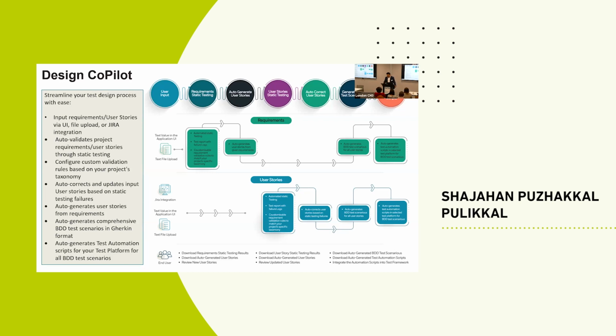On the other side, if instead of requirements we get user stories that are created in Jira or Azure, whichever tools are being used, the BAs have created the user stories. We also need to check whether the user stories are created correctly, or whether there are any defects, in the sense of static testing defects, in the user story. That can be tested with these kinds of concepts, like whether there is anything ambiguous, and whether they follow the user story standard format. All these things can be checked automatically.